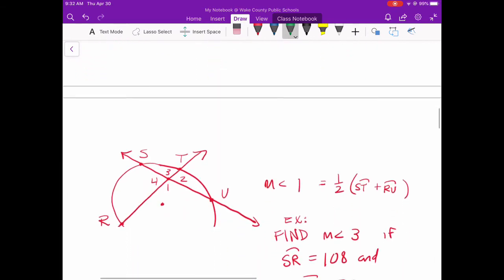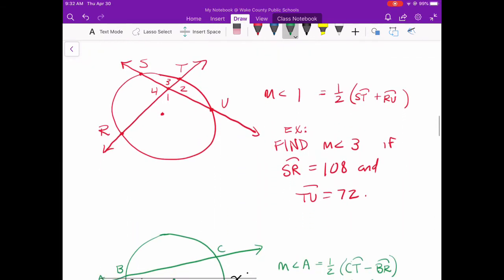All right, another scenario, our next theorem: you see you've got two secants intersecting inside the circle. Now, notice that they're not necessarily intersecting at the center, so they're not making central angles. If they did, that would be a little bit easier relationship because arcs and central angles are the same, but we don't have central angles here. However, what this theorem is pointing out is this angle where angle 1 is, right here. That angle is going to be the average, so add them up, divide by 2, the average of the two arcs